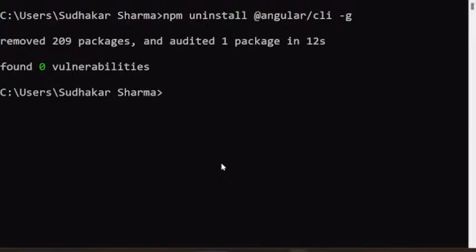So we have to run the command npm cache verify. You need to run the command npm cache verify. What this command will do is clean up all temporary files from the memory, if any temporary file related to Angular is present. Keeping those temporary files on your computer will not allow you to install the new version. So you have to clean up everything.